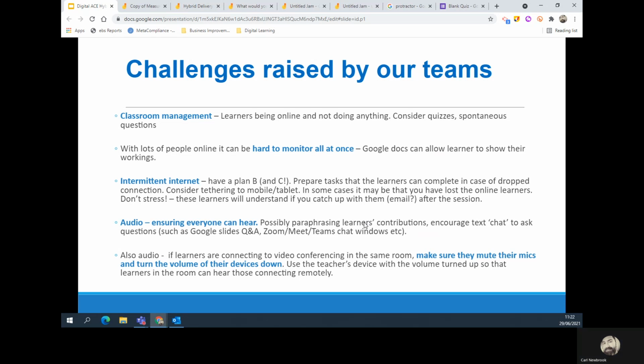One of the biggest challenges that we get quite often when we do sessions is with intermittent internet, when the internet goes off. And best advice, always have a plan B or a plan C. Prepare tasks that learners can complete in case of a drop connection. If you have a data plan on your phone or your tablet, you may be able to tether the wireless connection. I've done that before when I've been in remote community centres delivering, and I've been on a laptop and the internet's cut off. I've used my phone to be able to tether and connect